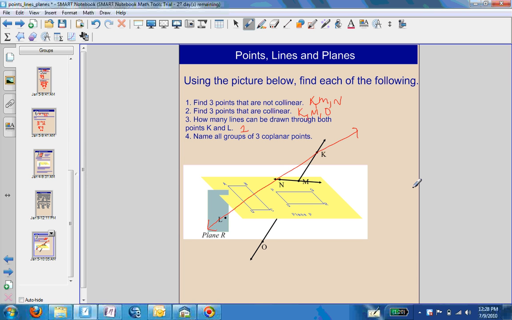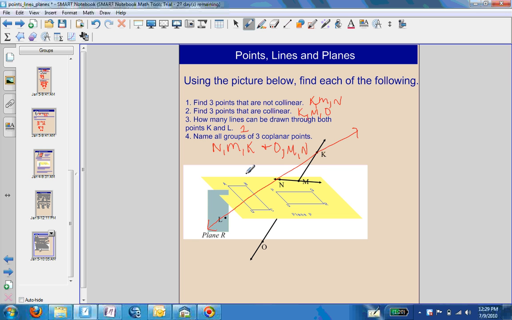Name all groups of 3 coplanar points. Well, we have a lot of examples of 3 coplanar points if we look at the parallelograms. Let's just look at these over here. So N, M, and K are coplanar because anytime you have 3 non-collinear points, which we already pointed out up here, they're going to be coplanar. O, M, N are also